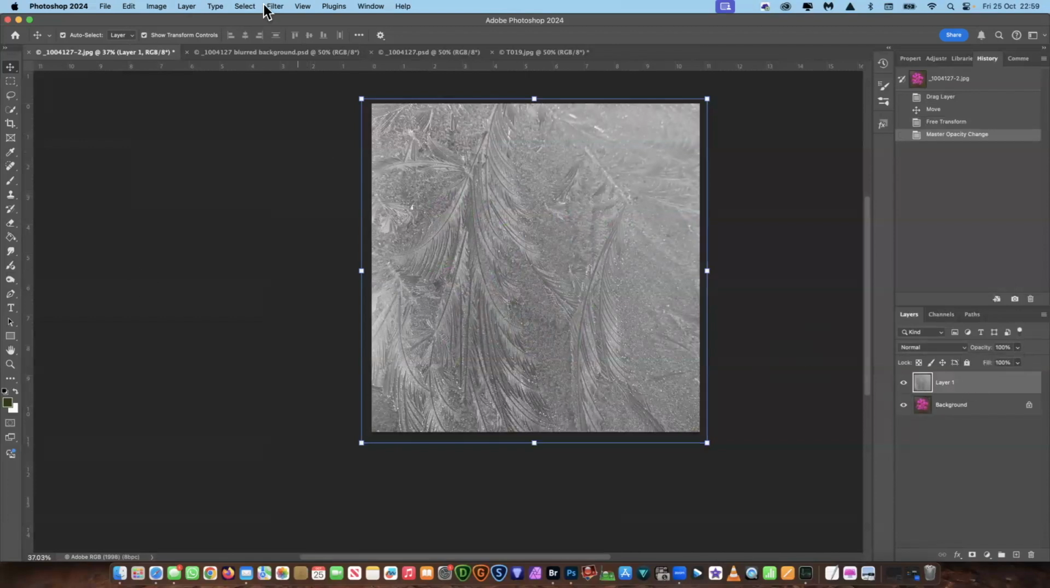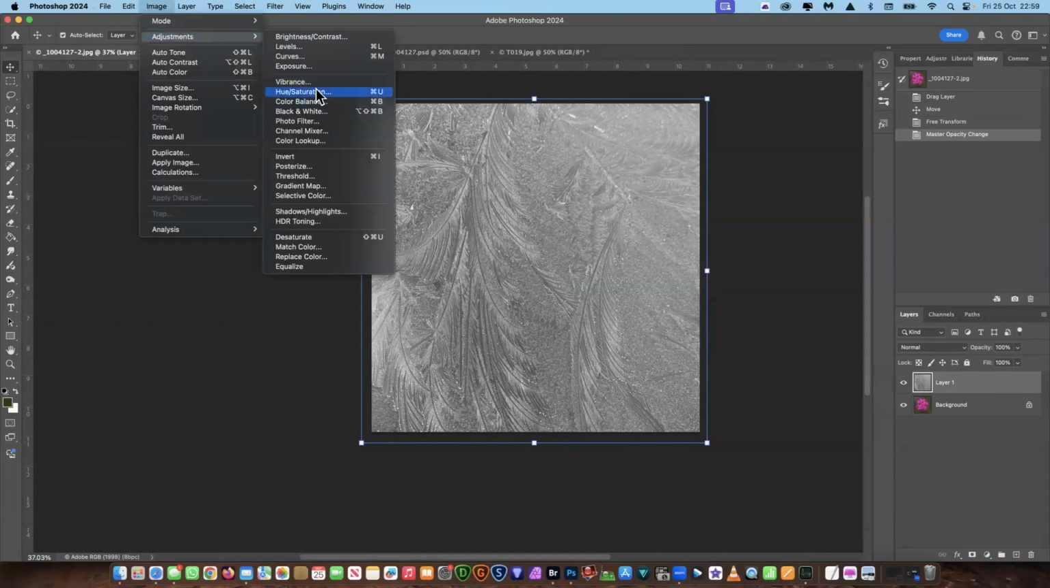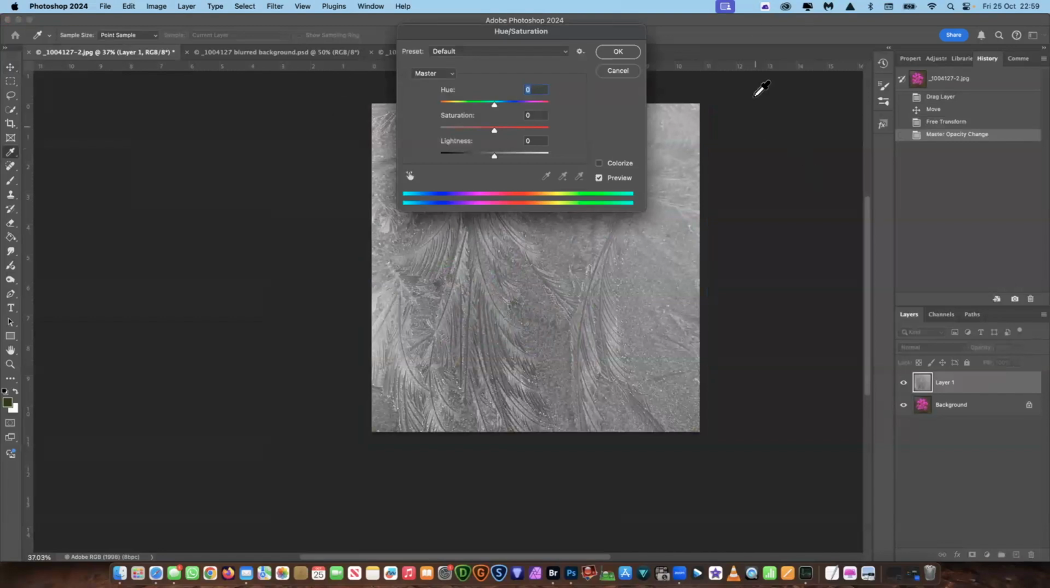We're on that layer. Let's go up to image, adjustments. Come down to hue and saturation. Now what you've got here is your hue, saturation, lightness. It's already black and white, so obviously doing that is not going to give you anything different. So we'll leave that where it is. What you can do is click the colorize button, and then you can use the hue,